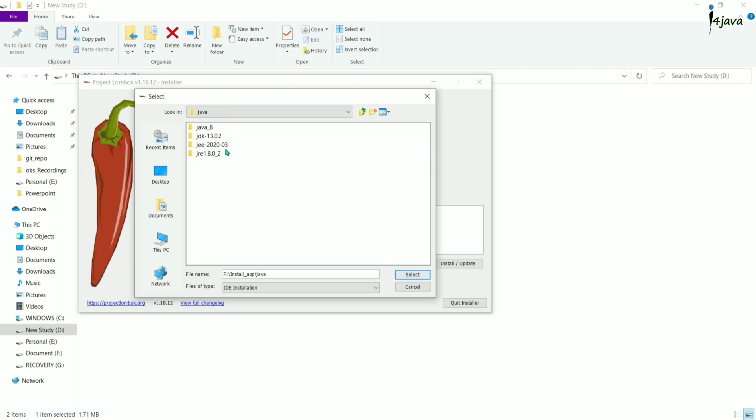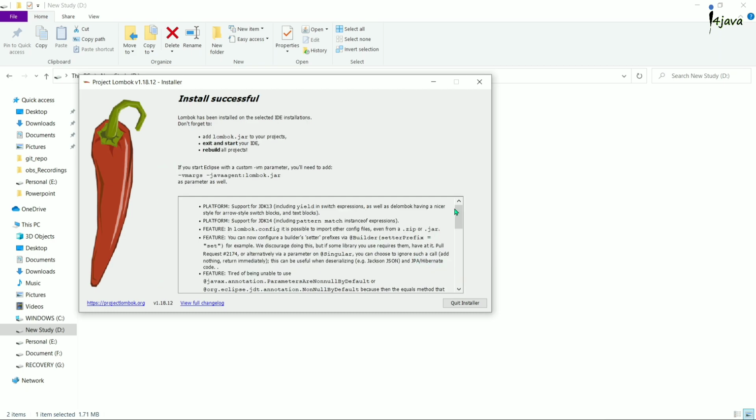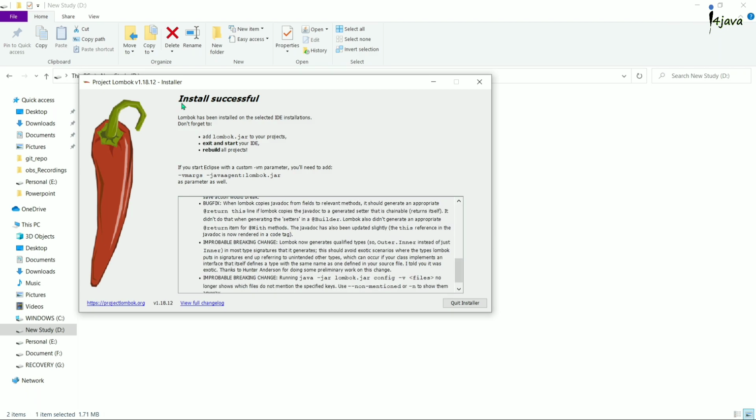In my case, here is our Eclipse. Just select this and click on install, and here the message is given: install successful. It means we have done this side.